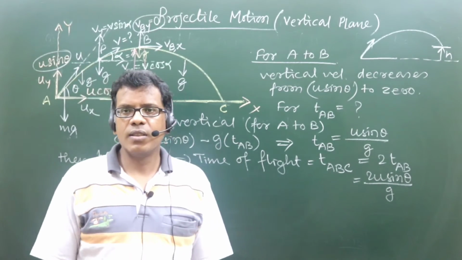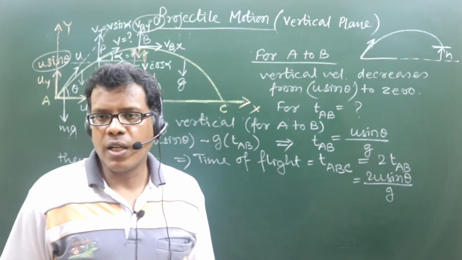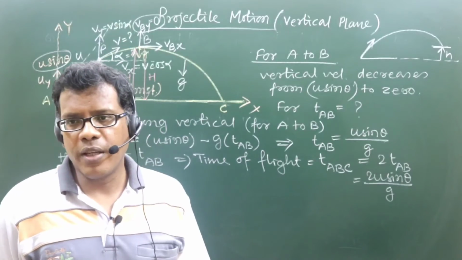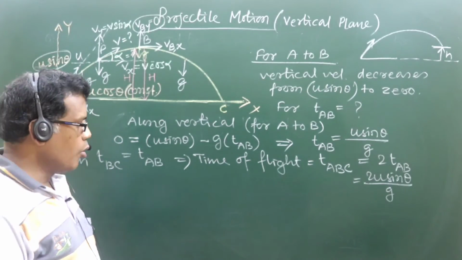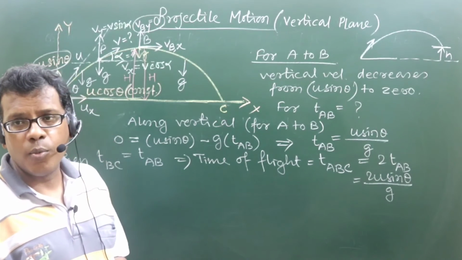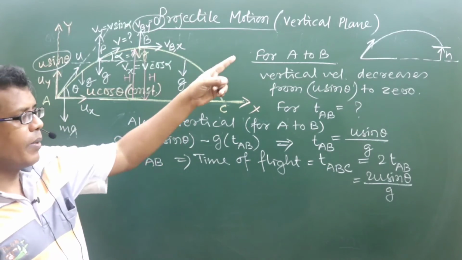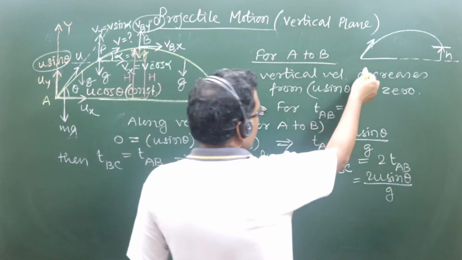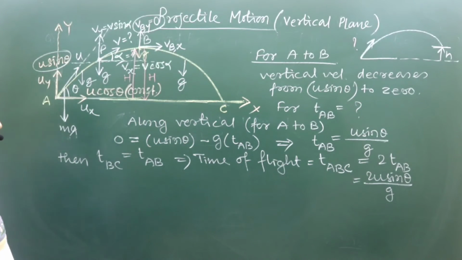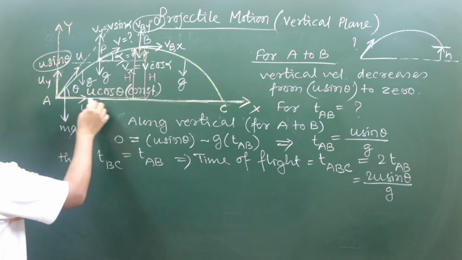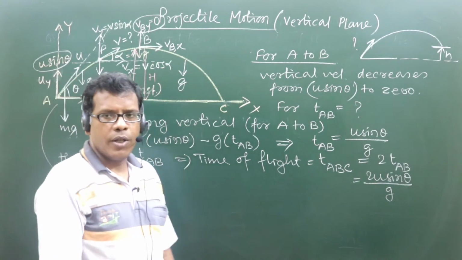Could you follow this? Could you follow the trick? How to use the correct equation and where it should be used? Getting it now? I will give you one more idea for getting this formula of 2u sin theta by g, and why I am saying that this is not applicable in this particular case. In this particular case, 2u sin theta by g can't be written as time of flight. The reason behind it is, in this case, initial point and final point are on the same level.